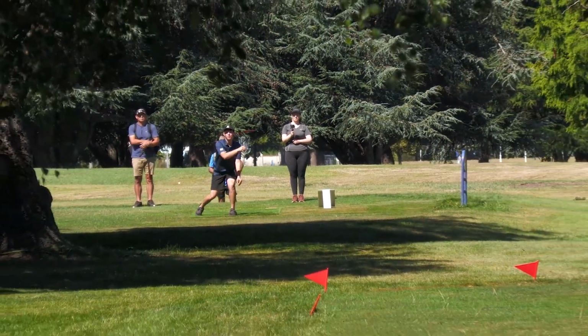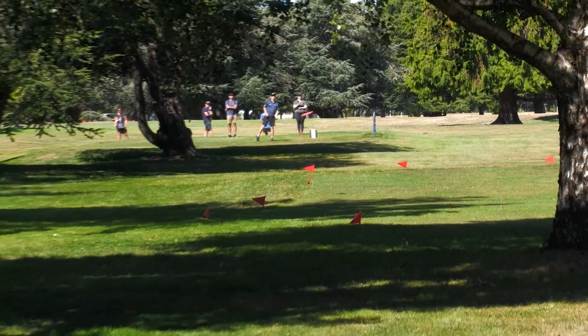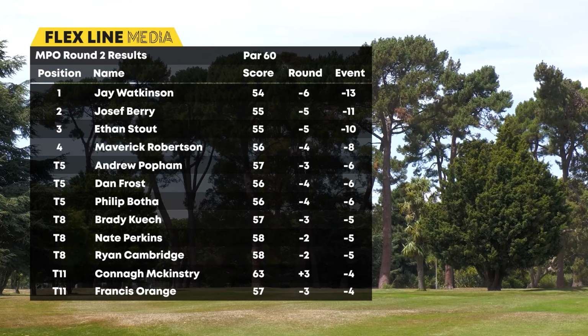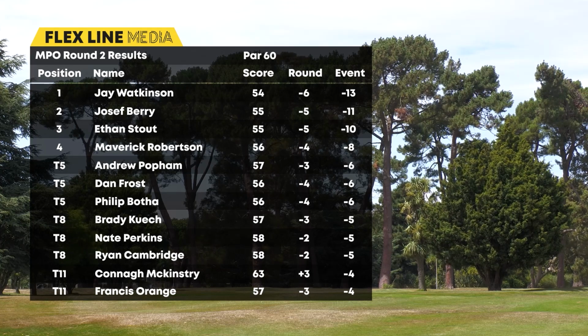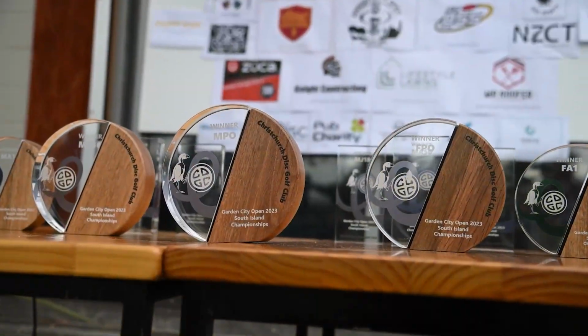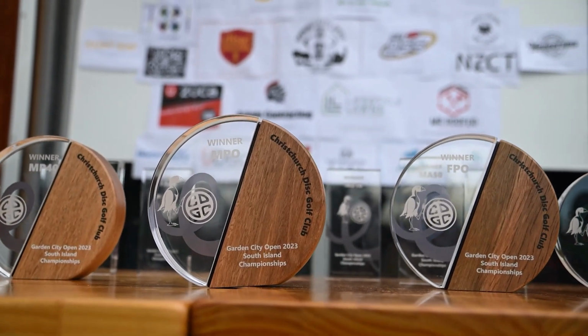So after moving day, got a little bit of a shake up on the lead card. Connor dropping back a little bit from his hot pace in round 1, and Jay pushing out to a lead. Interesting, this tournament I found, Germ, a bit of a shake up from the normal New Zealand major leaderboard that you'd expect. What can you say about that? Yeah, definitely seeing some players that we don't usually see in that top 8. Also good to see Maverick and Nate up there as well, some international players coming over from overseas. Yeah, so we could have someone new picking up that awesome looking